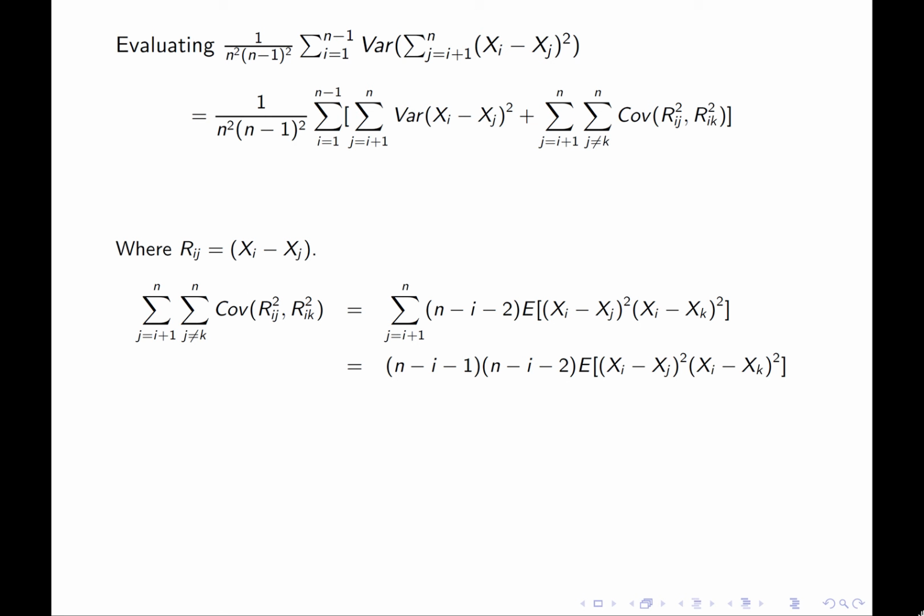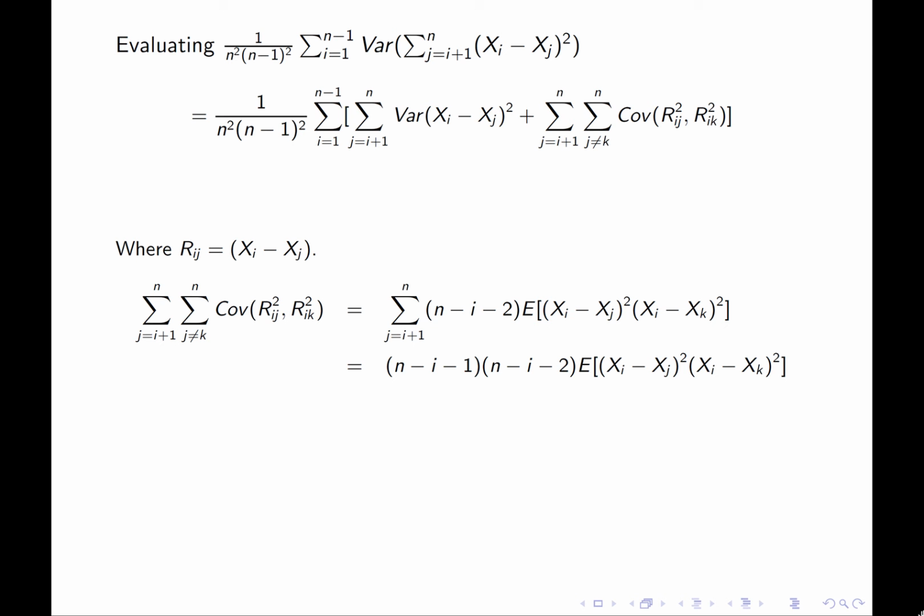And I'm going to set Rij equal to xi minus xj just because it makes it easier to fit in everything. But I've actually included the actual values in most of the sections just to avoid confusion. So we have a look at the covariance of Rij squared, Rik squared, which is going to equal